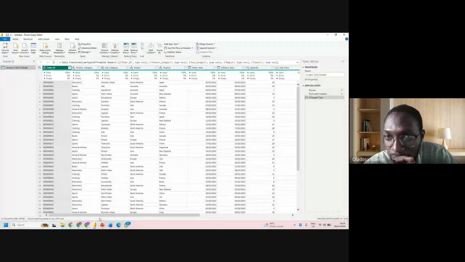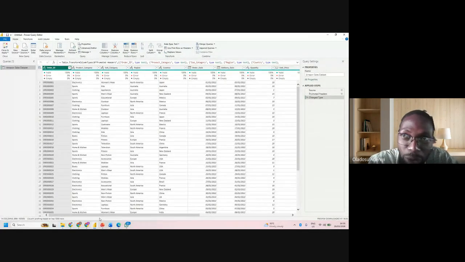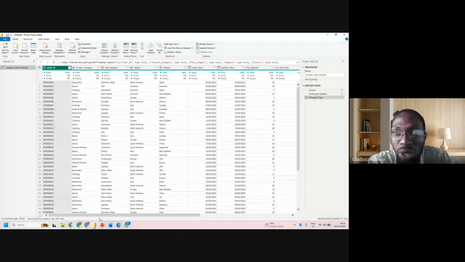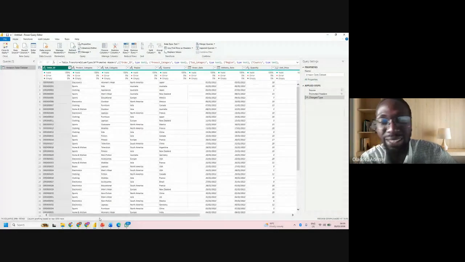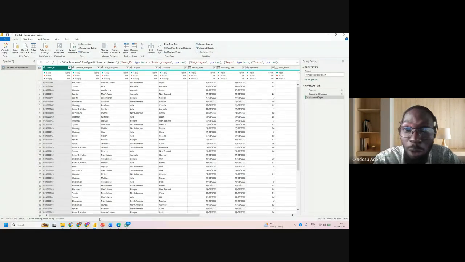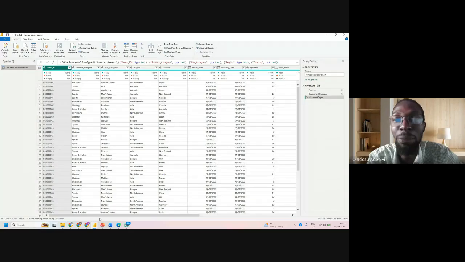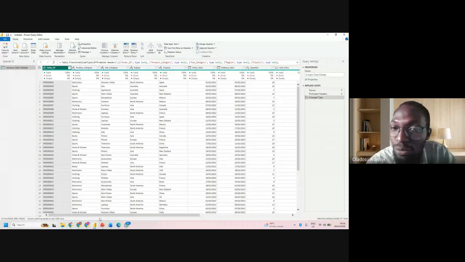Guys, let me tell you something. In a real world scenario, it exists like that, right? The head of data in your company can just send you an email that we have changed the path of this data. So kindly go to this place and retrieve the data from this path. And it's not compulsory to go to ChatGPT to ask how can I change the path back. No, it's very simple.